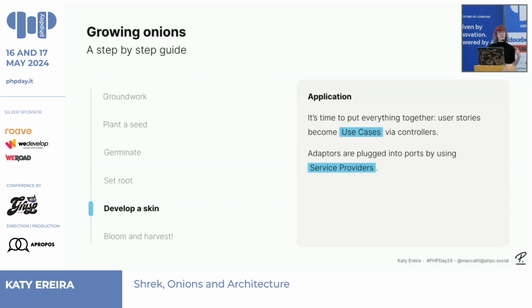This would be essentially service providers. So most frameworks have some sort of dependency injection container implementation where you would essentially say, okay, when something asks for this abstraction, I'm going to give it this concrete implementation. So if something requests a database connection, I'm going to give it MySQL. And that's great because you can swap them in and out. So like we were talking about in the onion,